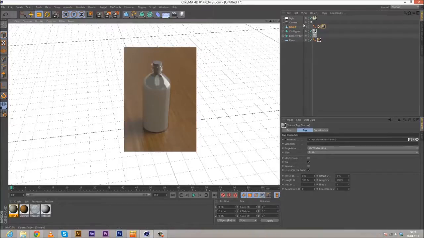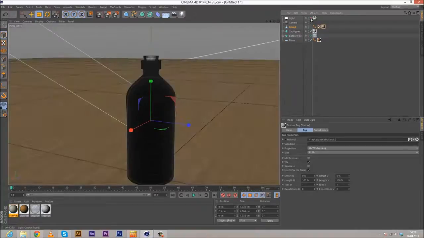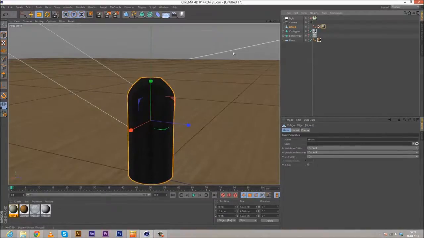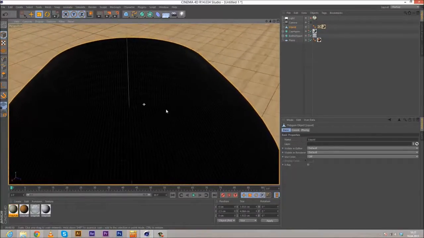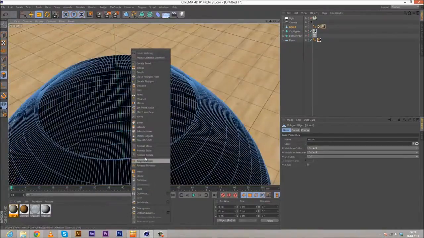We might wanna close this liquid. Let's turn off the light so I can see a little bit more in the scene. Let's turn off also the bottle, and also turn off the cap, so we only have the liquid. I might wanna close this right here. Let's go to the poly mode. Let's see if we can do this with an